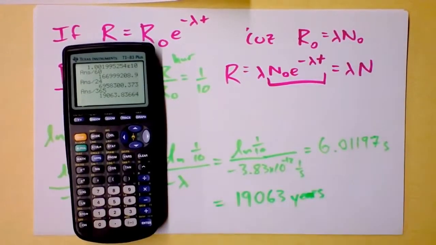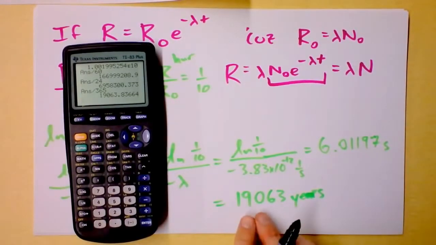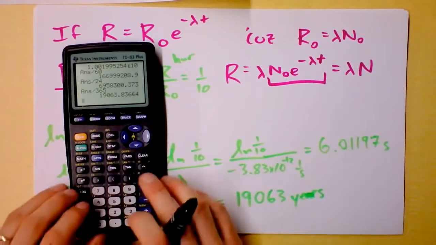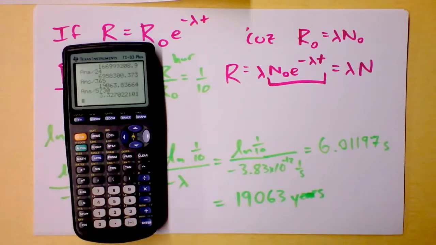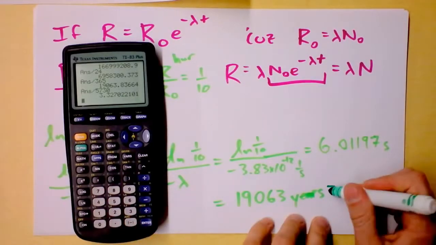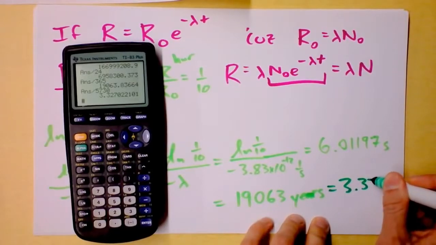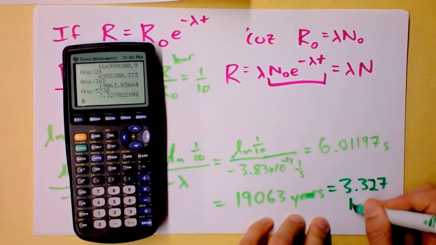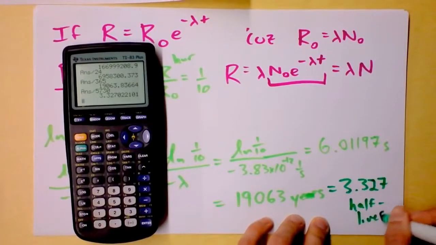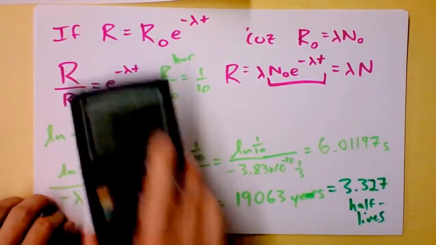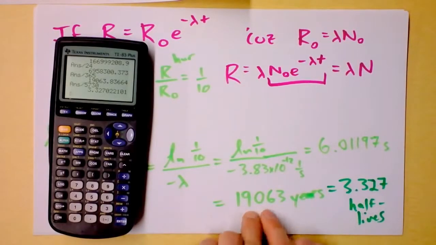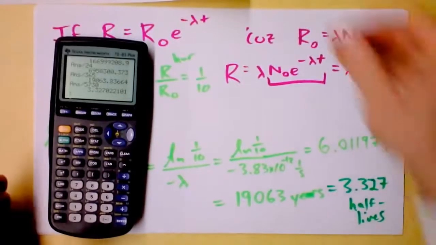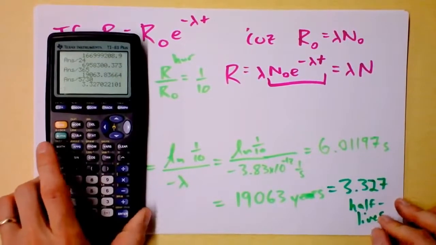I see another way to do this though, because what's interesting about this is I'm going to figure out how many half-lives that was. Remember we said that the half-life of carbon is 5,730 years? It looks like it's 3.327 half-lives. And I see a shortcut. But first, let's reflect that we found a pottery shard that's almost 20,000 years old. So that's cool. We should call somebody about that, especially if it's in America. That would be some interesting data somebody needs to know.